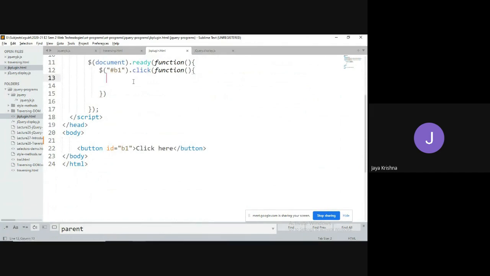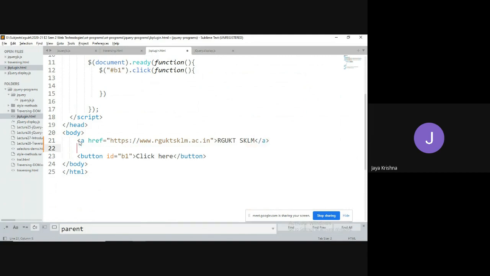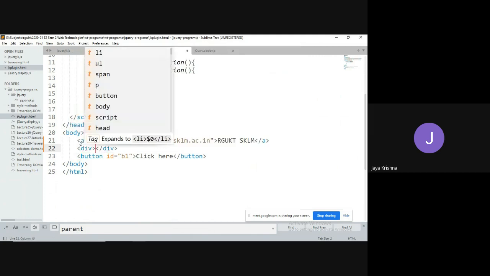Now it comes to the process. For example, I have an anchor tag with href equal to https://www.rguktsklm.ac.in, and a division.